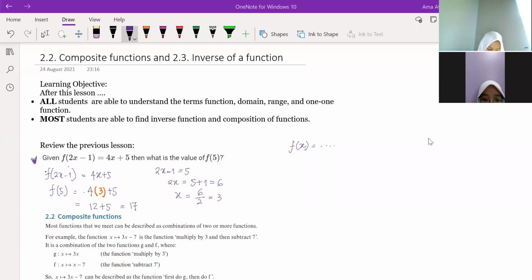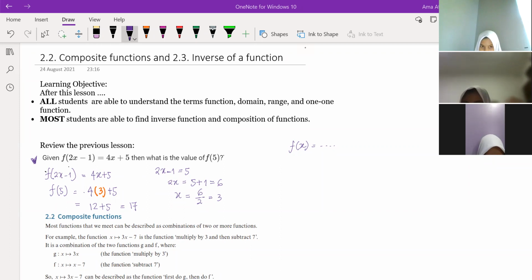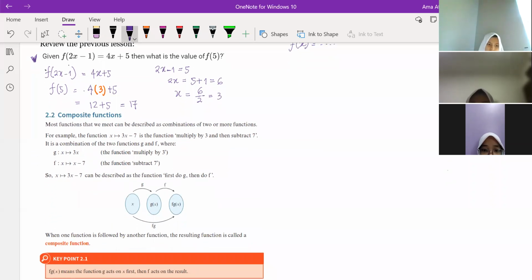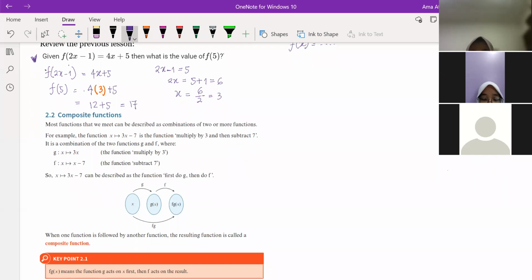Right, then we are moving on to the composition of functions here. Most functions that we meet can be described as combinations of two or more functions. So we are talking about the combinations of functions. Later on we will call this a composition. Okay, so for example, if we have the function in terms of x,